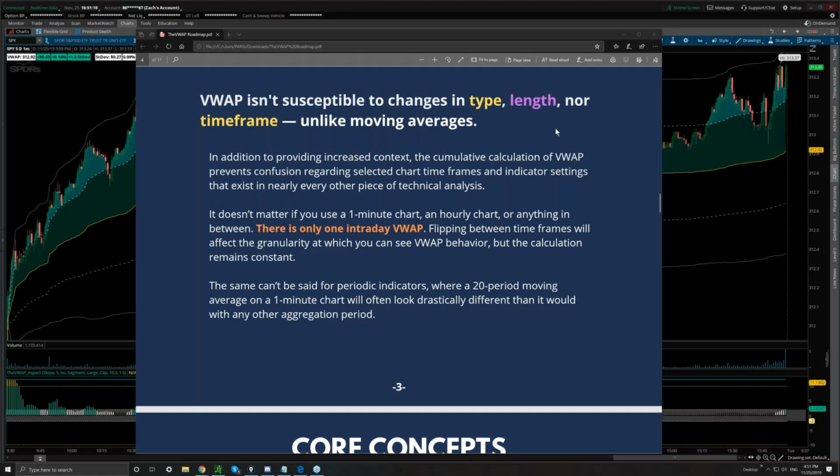Part of what's exciting about VWAP is the simplicity of how it's displayed and that there aren't many settings for the trader to mess with. It belies a really sophisticated and pretty complicated calculation going on under the hood. So it's neat that it handles that for us, so we don't have to worry about, am I looking at the right time frame of chart? And obviously, that's not the case with things like moving averages. A 5-minute 20 simple moving average is very different from an hourly 20 simple moving average.